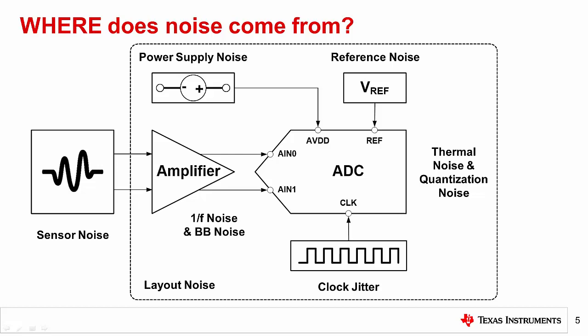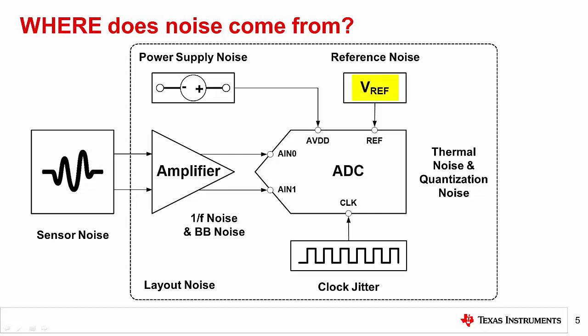Several common noise sources are shown here that represent both types of noise. Other than the layout noise, all components shown here can contribute some intrinsic noise. These include the analog to digital converter, which can contribute thermal or quantization noise. The amplifier or signal conditioning circuitry connected to the ADC typically provides broadband and/or 1/f noise. If this amplifier provides a signal gain, this noise also gets amplified and is seen in the ADC's output.